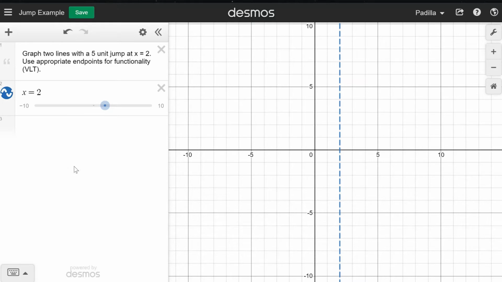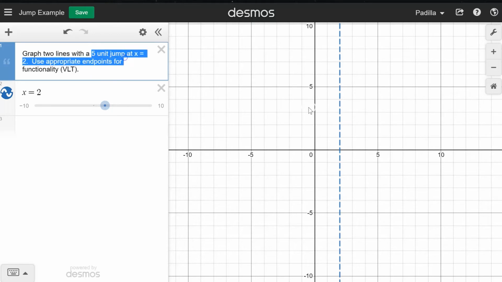So to do that, I'm going to need to use inequalities. But let's first start and take a look at what we have to do. Here we have to graph two lines with a 5-unit jump. Here at x equals 2, you can see the dashed line letting us know exactly where we need to have them. The endpoints where these two lines are going to meet have to be 5 units apart, but still on